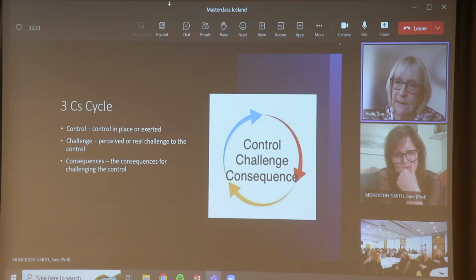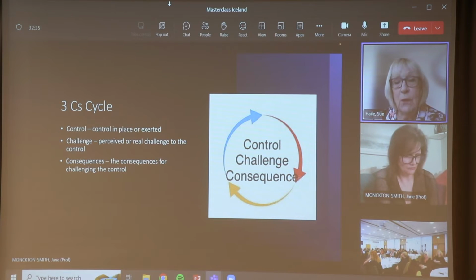But Katie took it upon herself. It was her fault that he had responded like that because she'd taken the milk. She caused the argument. And she decided in that moment that she was never going to leave him without milk again. But in terms of the three C's, the control was that Katie had